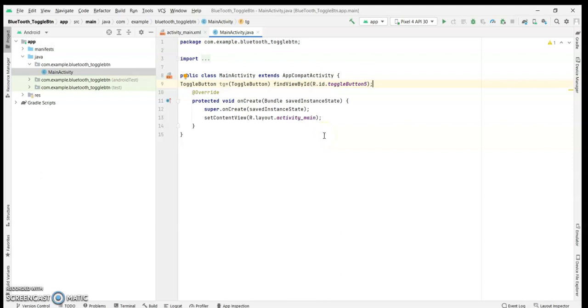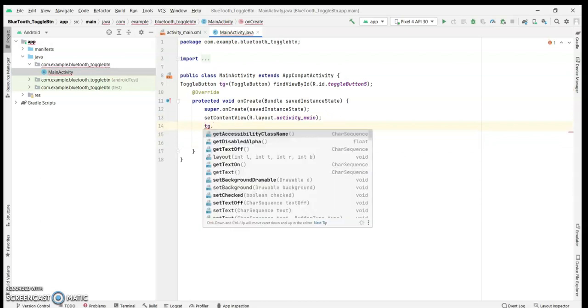Okay, so after this I need to attach an action to this. Action as in, first it has to listen to me, so I have to have a listener. Then I will attach the action wherein whether the button is checked or not checked. So for that purpose I am going to create the listener to this first. So by setting it, so set